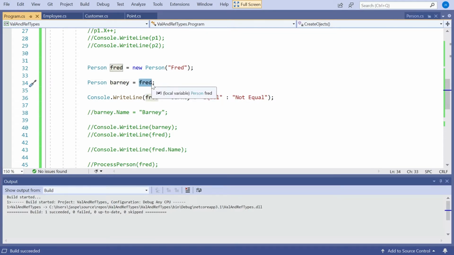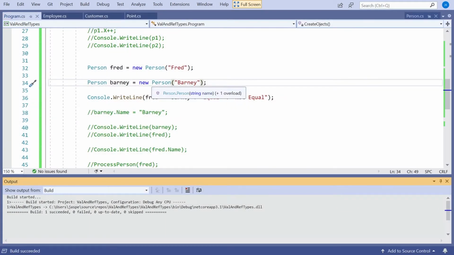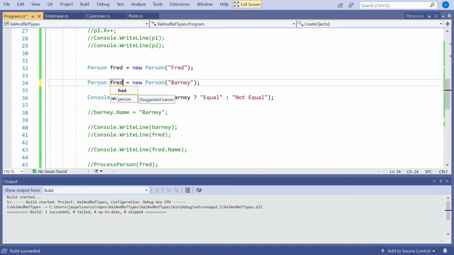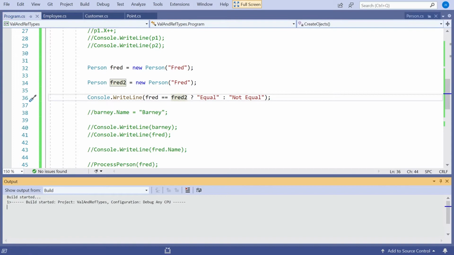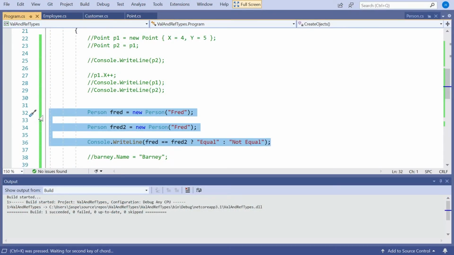So if I were to, instead of making them do that, actually make Barney a separate person in his own right, then we'll see that they're not equal because they're different objects. And even if they were different objects with the same value, so they're both called Fred, they're still different objects, and so they're regarded as not equal. So when we're comparing for equality or inequality with reference types, we're simply looking to see if they are the same object. Whereas if we do a similar sort of thing with our points,